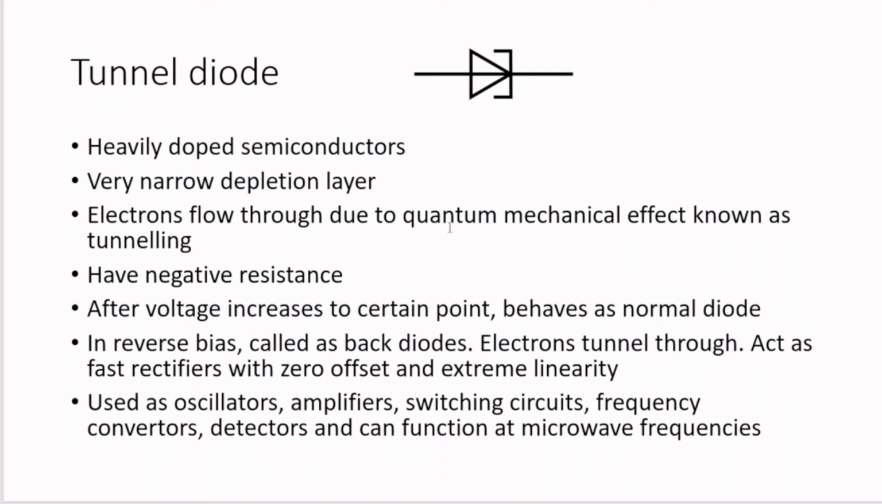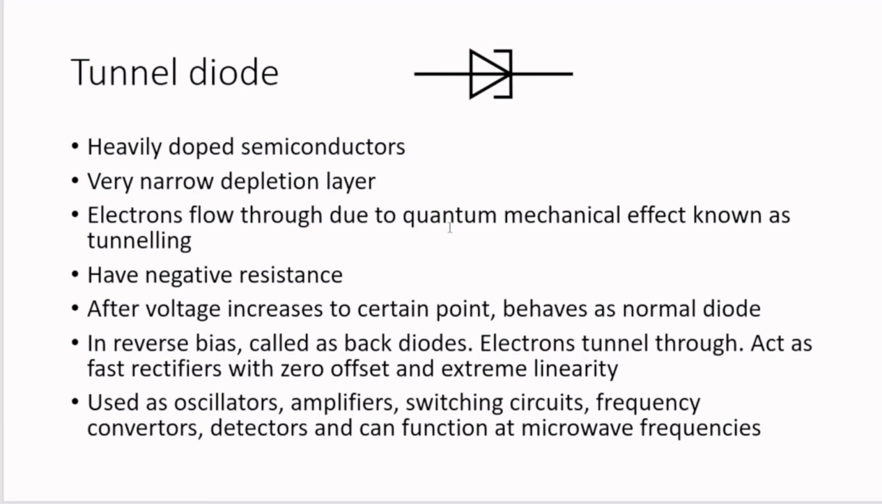See, in a tunnel diode, these are heavily doped semiconductors. They're very highly doped, thus resulting in the depletion layer being very narrow. Now what happens is, the electrons that flow through are flowing because of the quantum mechanical effect, which is also called tunneling, which is that they just tunnel through the depletion layer for the flowing of the current. And this one has a negative resistance. That means after the voltage increases, they have a negative resistance, which means the higher the voltage, the lesser the current